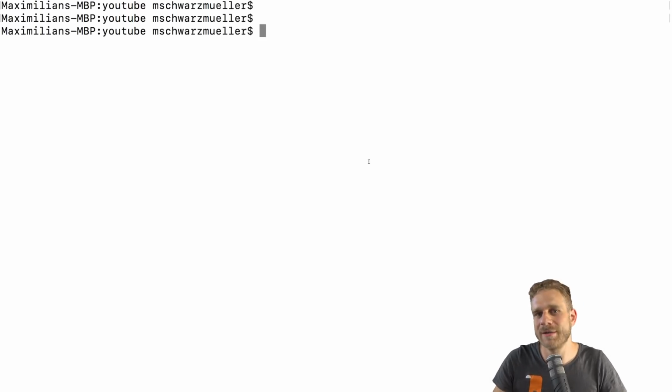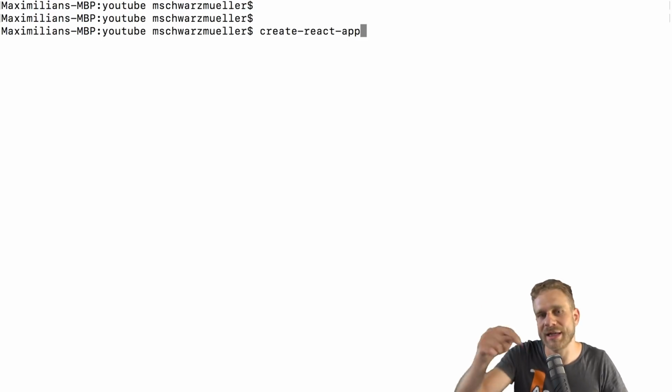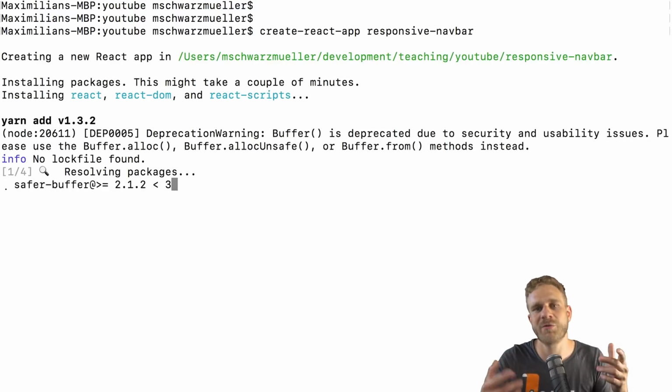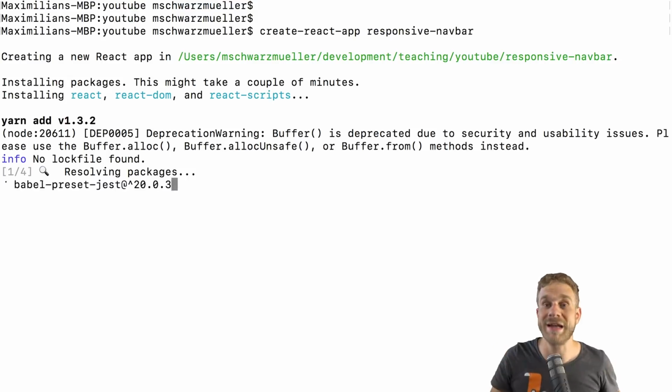So let me start building that responsive navigation and side drawer. And for that, I'll create a new React project. I'll do that with create React app, a tool which I already installed. Link can be found in the video description, of course. And the command simply is create React app, and then the name of the project, I'll name it responsive navbar, and hit enter. And now this will create a new project for me and install all the dependencies we need,